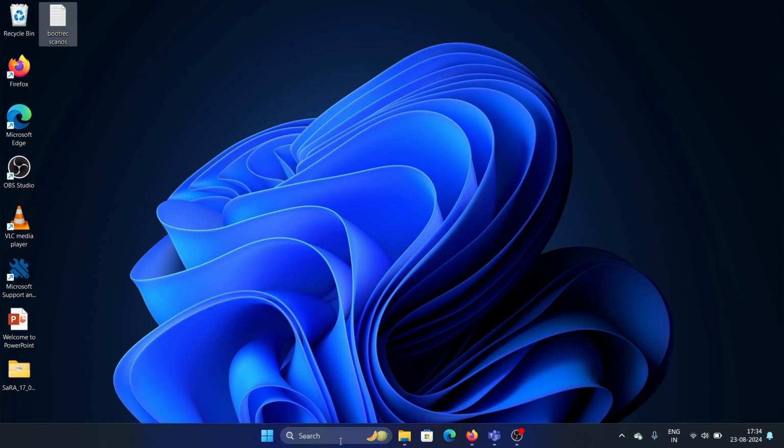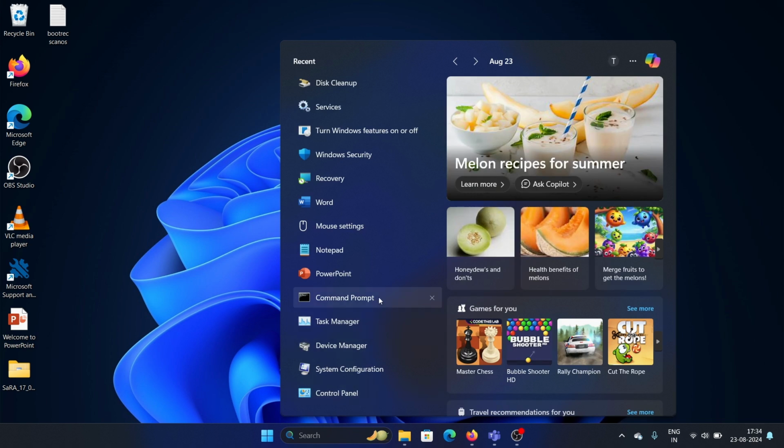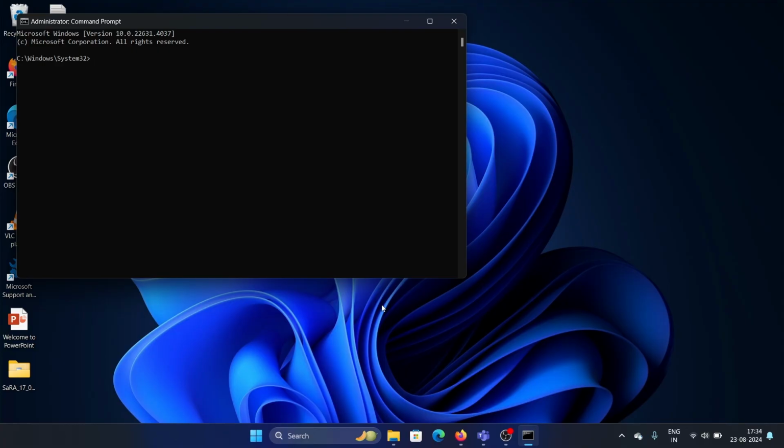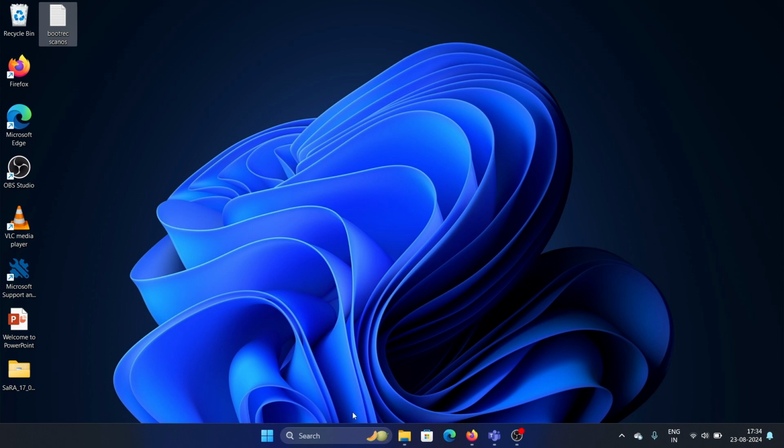We do that by looking for the command prompt in the search bar, right clicking on the command prompt, run as administrator, and we use this command: ipconfig /flushdns and press enter. Now this should resolve the problem, but if it doesn't, then we can use SFC scan